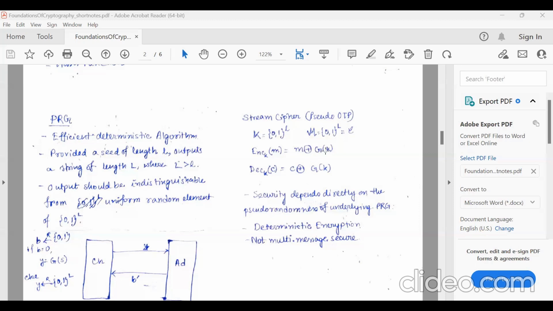So you do M XOR G(K). Okay, and decryption also happens in the same way. So here the security of this stream cipher directly depends upon the pseudo-randomness of the underlying PRG capital G. And